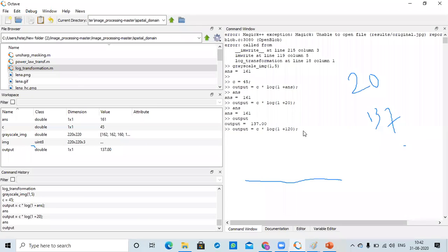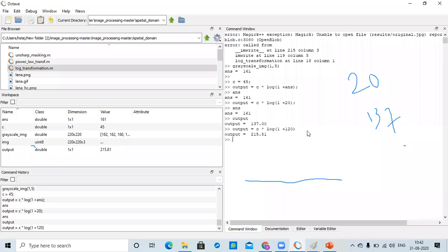What is my output value? For 120, 215 came. That means it stretches a lot. It stretches low values more.